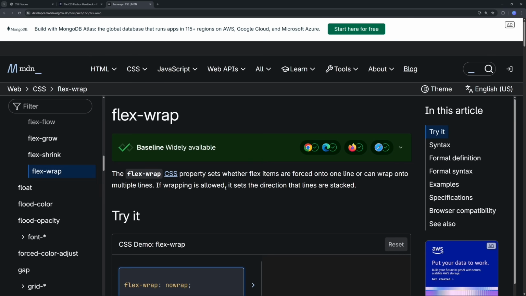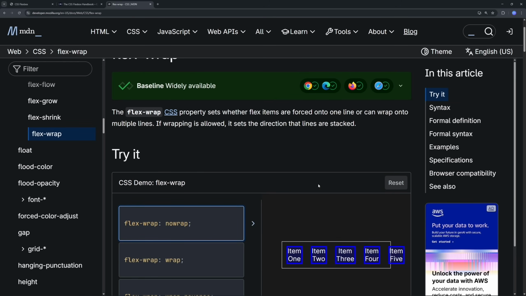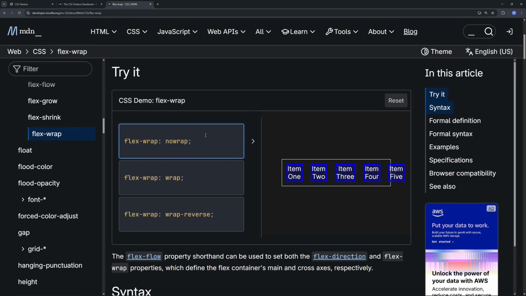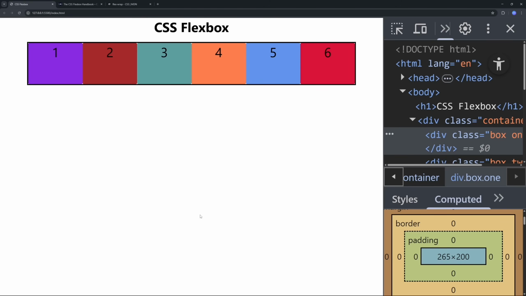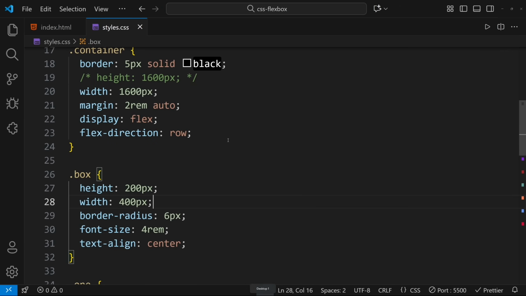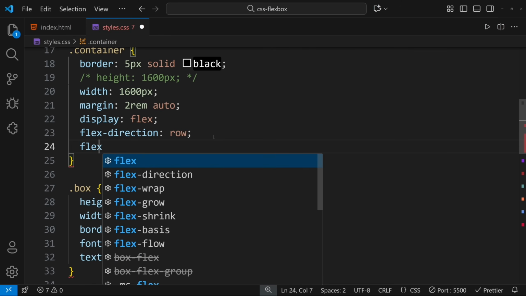If wrapping is allowed, it sets the direction that lines are stacked. Okay, and here, as you can see, the default value of the flex wrap is no wrap. Then it can wrap, or we have another value which is wrap reverse. We will see all of this in this video. So let's go to the browser and do flex wrap